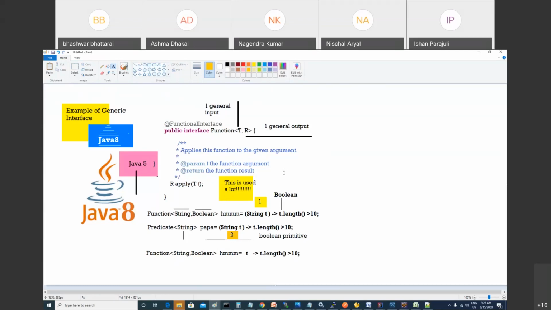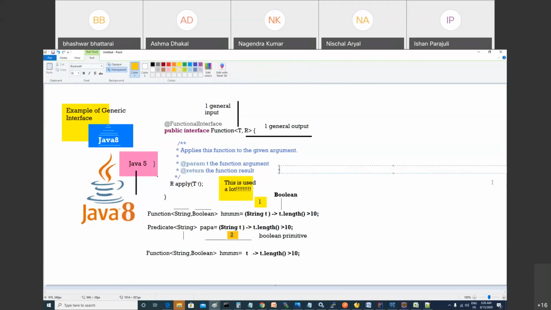Let me make another one which can take an integer and return a string. Then how do you write it? Take an integer as the first input. So it is taking an integer and returning a string. I'm just taking integer x, and you are going to return a String: x plus a blank string. Done. You are saying, hey x, I'm converting you into a string and returning you.